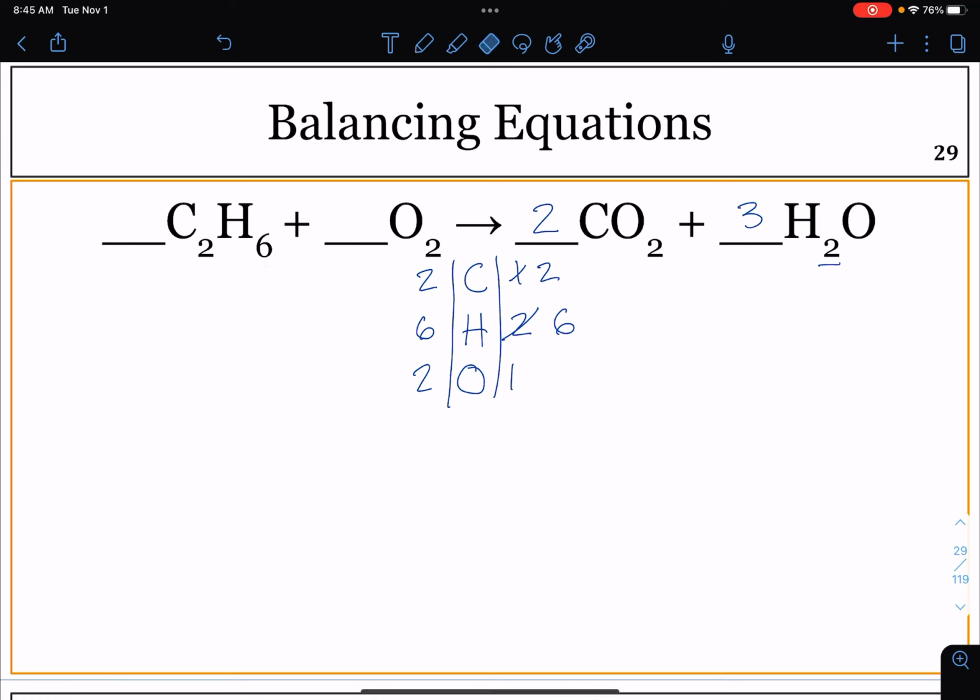Let's go ahead and count up all the oxygen atoms we now have on the right-hand side. From carbon dioxide, we have 2 times 2. We have 4 oxygen atoms from carbon dioxide. We have 3 water molecules, therefore we have 3 more oxygen atoms on the right-hand side. We have a total of 7 oxygen atoms on the right-hand side. This poses a problem, as on the left-hand side,